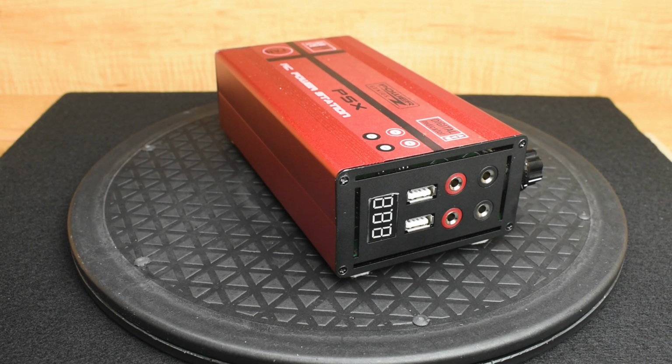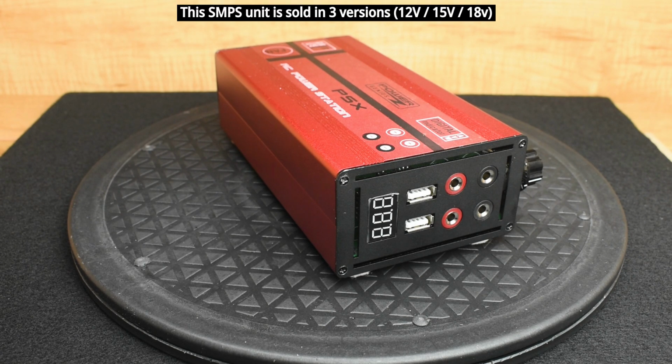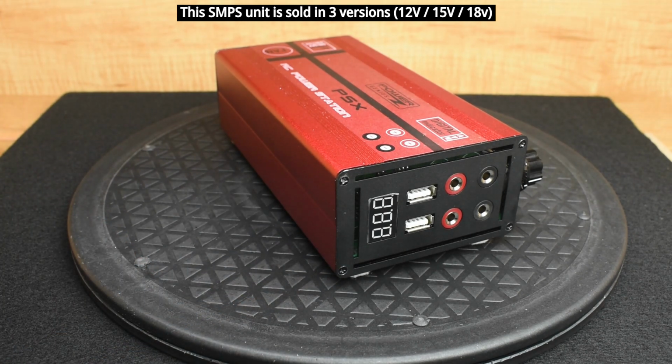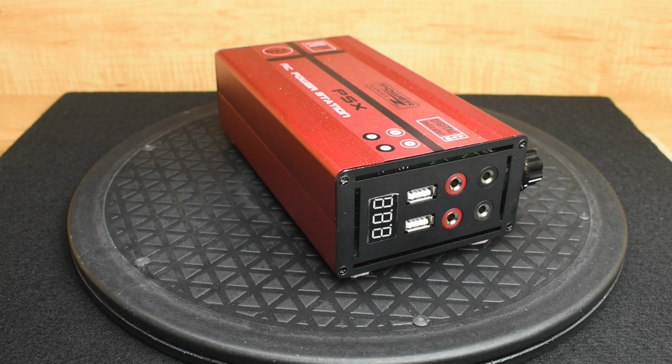Today I'm going to show you how I modified a $45 15 volt 25 amp switch mode power supply unit to make the voltage output adjustable between 6.5 volts and 15 volts. By having the wide range of voltage output, I'll be able to power many devices and charge 6 volt or 12 volt lead acid batteries, charge 2S or 3S lithium ion batteries, and 2S, 3S, or 4S lithium iron phosphate